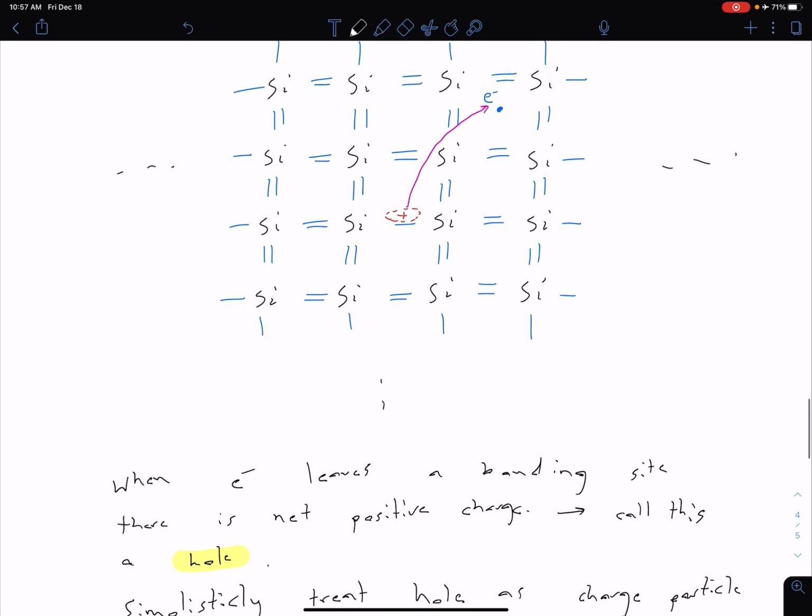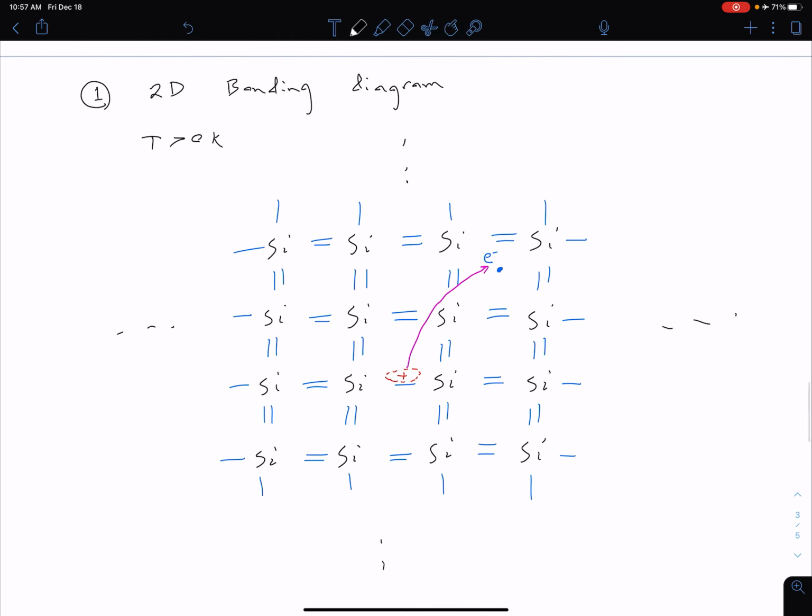And so this idea of having a hole can be a little bit confusing at first, and I know I was a little resistant to it when I first learned about it as well. You can kind of try to keep track of it and think of it as just electrons, but it turns out that the math and the modeling all becomes a whole lot easier when you just accept that we can treat this positive charge particle, or this positive net charge left behind by the electron leaving, as a positive charge